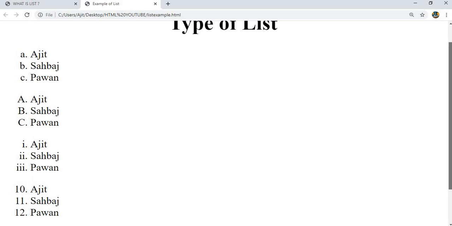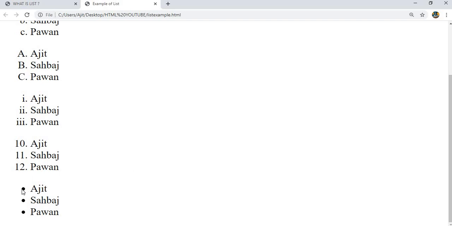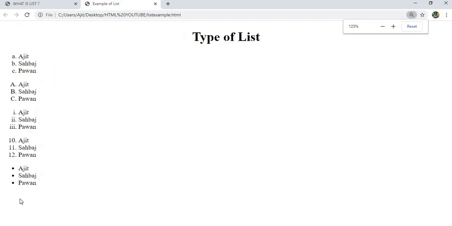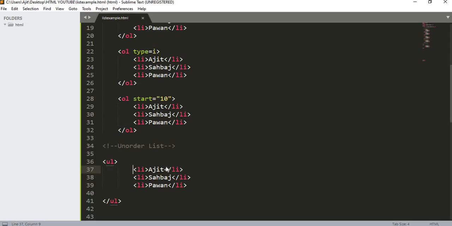Yes, it is coming in dotted form. I want it to come in circle or square. Can we do it? It is a filled circle by default, but I want my unordered list to come in square or in circle. Yes, we can do it. These are three features it has.